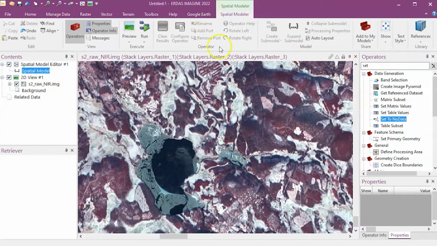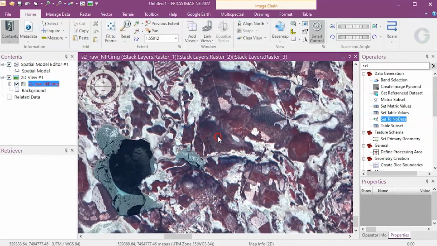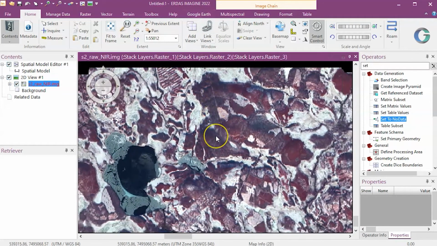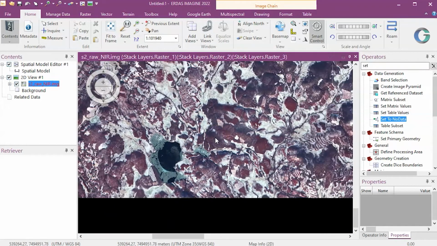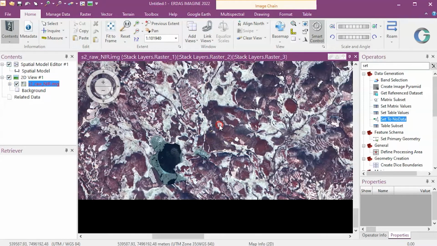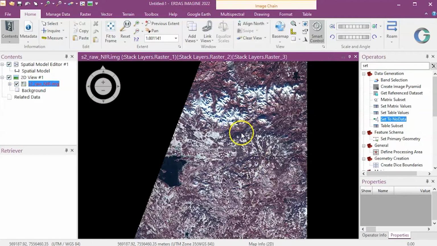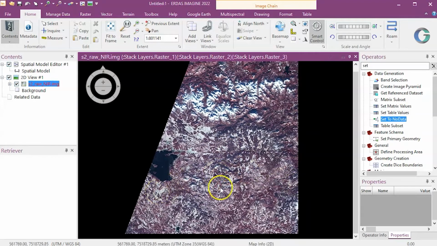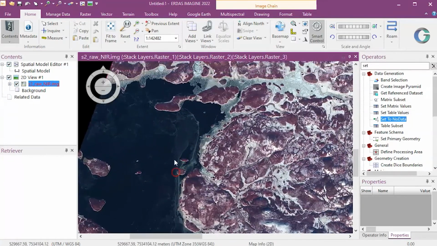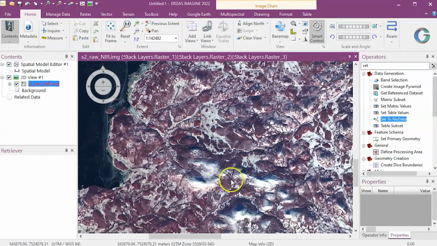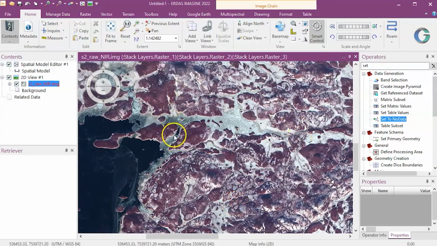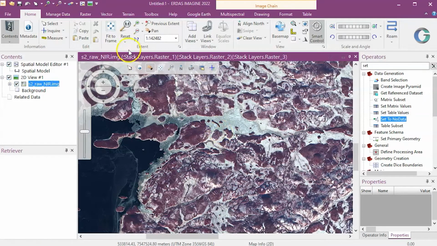I'm using Imagine 22 that was just released, but this will all work in the previous version as well. And the majority will work all the way back to 2016. Okay, so I've got an image here. It's just Sentinel-2 data in false color infrared. You can see the ice patterns on this lake here, which is rather pretty. Lots of snow. This quick tip is just going to run through how to subset by a shapefile in Spatial